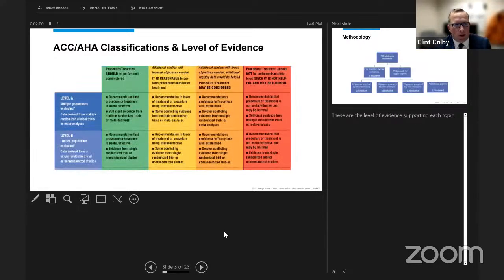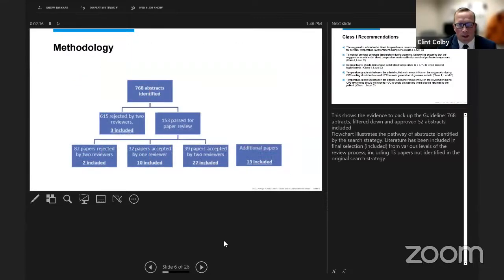Renard touched on this earlier. The ACC and AHA classify recommendations based on the evidence base, and they made strong recommendations on things that were proven in the research. This is how they came up with the guidelines. They looked at